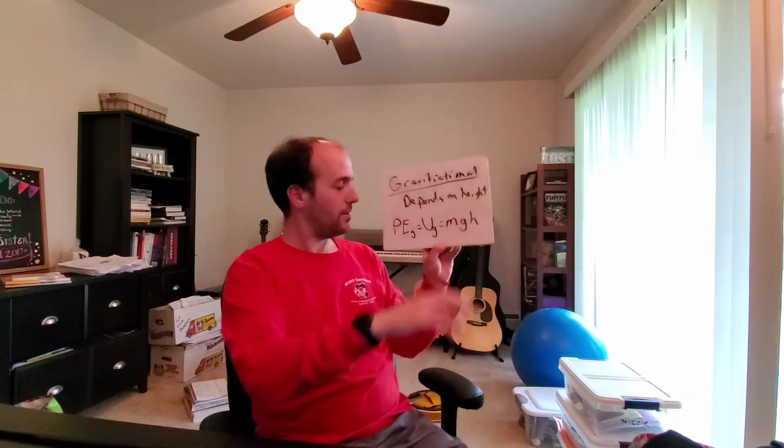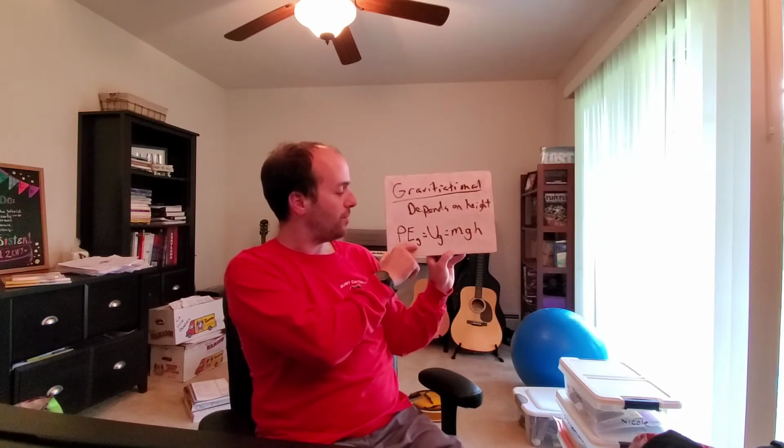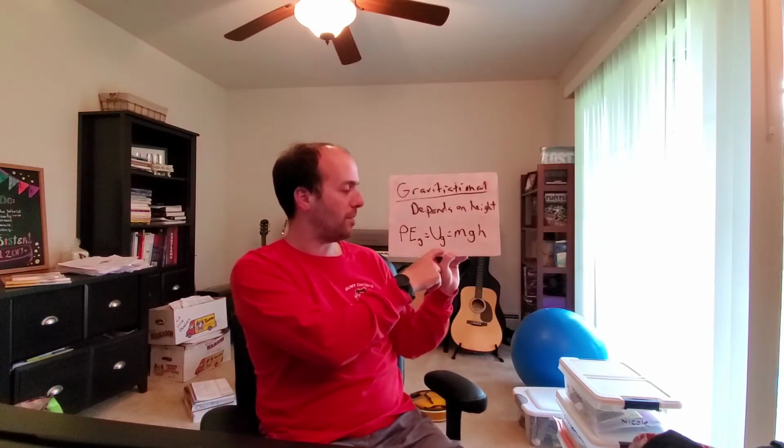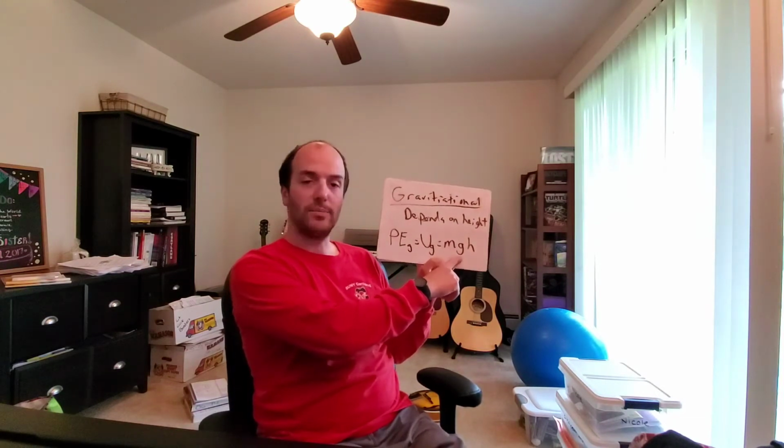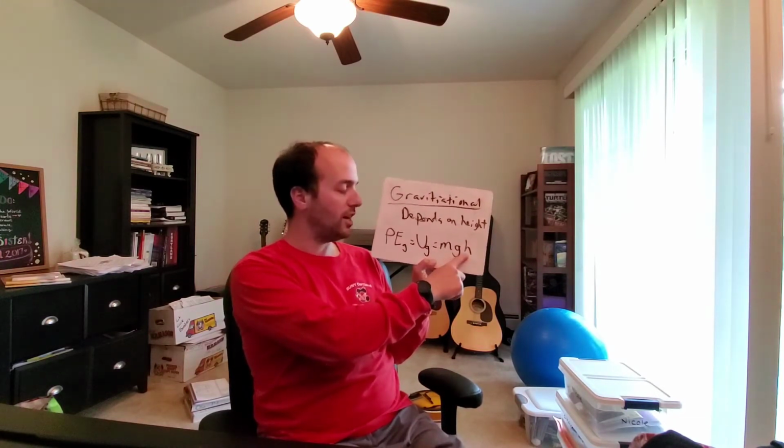Okay, so I'm going to do this. PE sub G or U sub G equals mgh. Okay, PE sub G for the Regents folks, U sub G for the AP folks. But no matter what, it's mgh, mass times your acceleration due to gravity times height. Great, and that's that height that we were just talking about. Okay. The next kind of potential energy is elastic